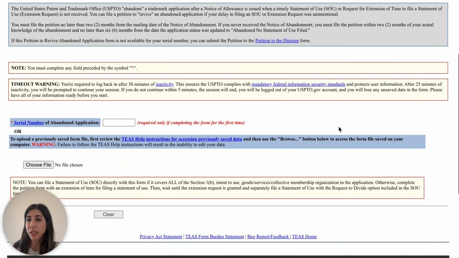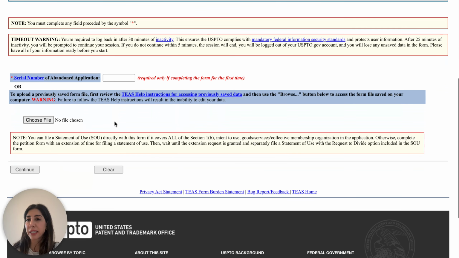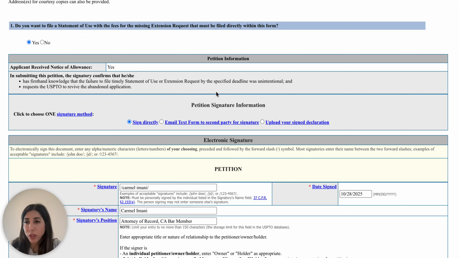The first step is to plug in your serial number for your application in this box and then click continue. The first question on the next page is, do you want to file a statement of use with the fees for the extension request that must be filed directly with this form? This only applies if you're in a situation where you have your statement of use ready, you have your specimen ready, and you're ready to provide all of that information now. You can go ahead and submit it here. However, in our case, our client is not in that position, so we're going to click no for this question